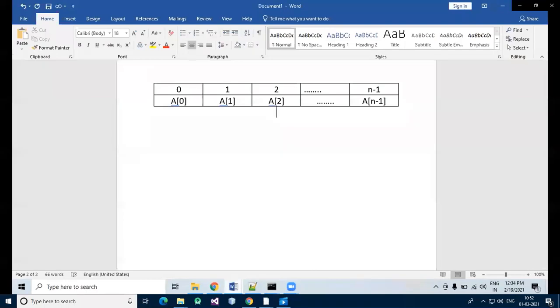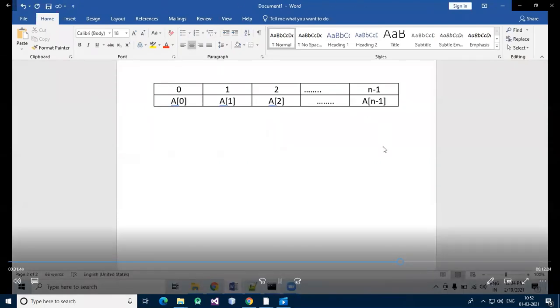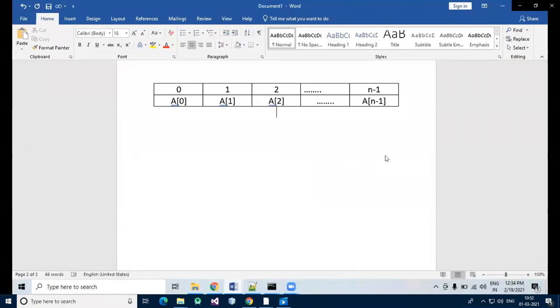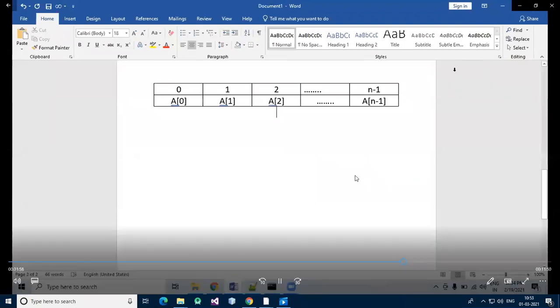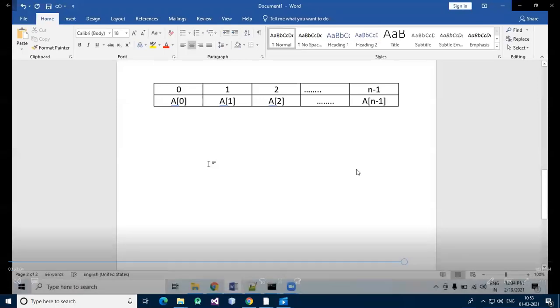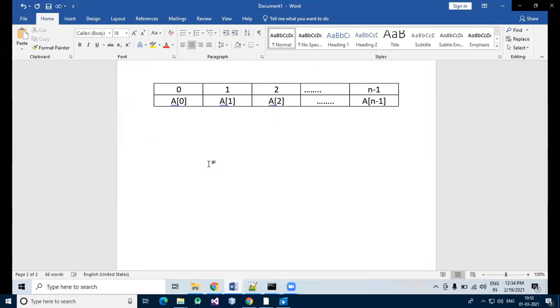In a multi-dimensional array, also known as a rectangular array, is an array with more than one dimension. The form of a multidimensional array is a matrix, in which two or more zero base indexes are used to access a particular value in the array. So the syntax is the type of array, rows and columns. In single dimensional we have seen one row, one type of column, right? But in a multidimensional array we will get rows and columns. So the syntax should be like this: type of array,